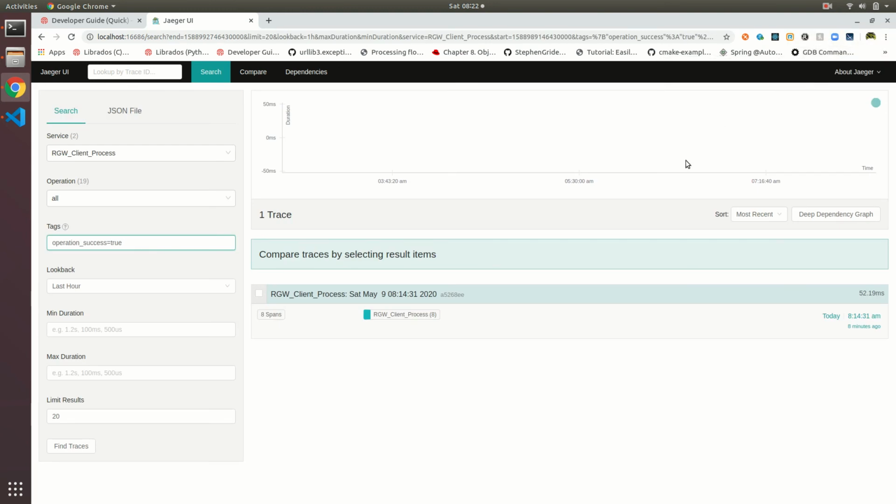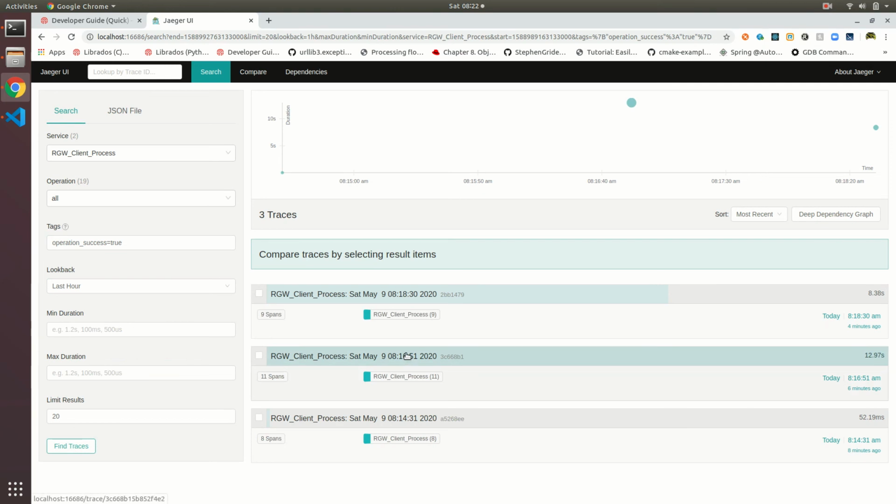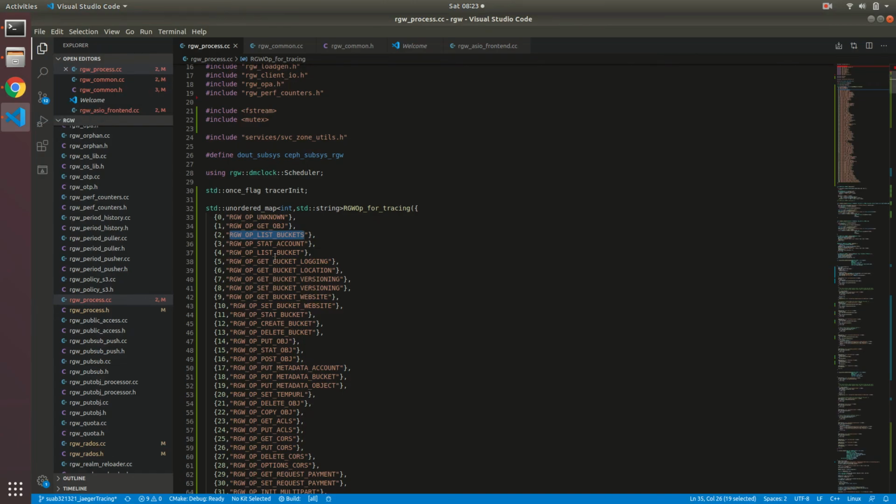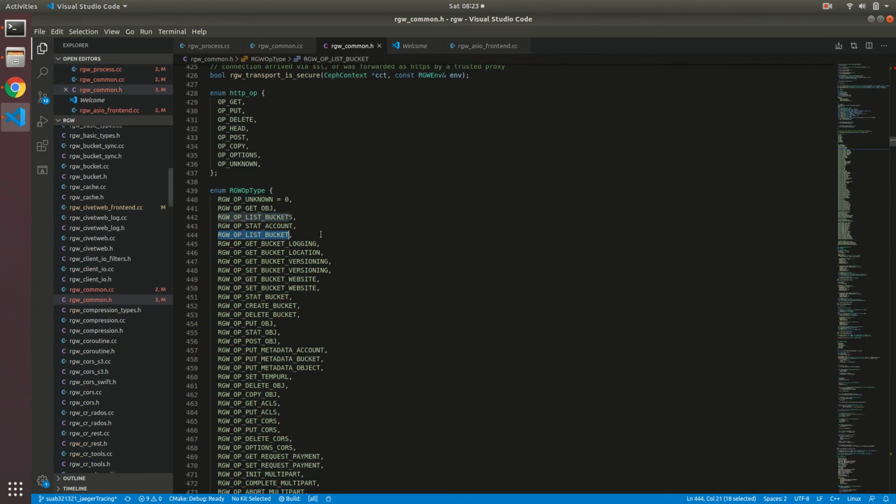Yes, as I was telling you, the developer might have multiple successful spans, because in a real life scenario there can be more than 1,000 requests also. So to check for a particular span, like the spans of the request for the list of buckets, we need to add one more tag. This will be operation type equal to, and suppose I want to get the list of bucket spans. Here in rgw common.h the various rgw operation types are defined.